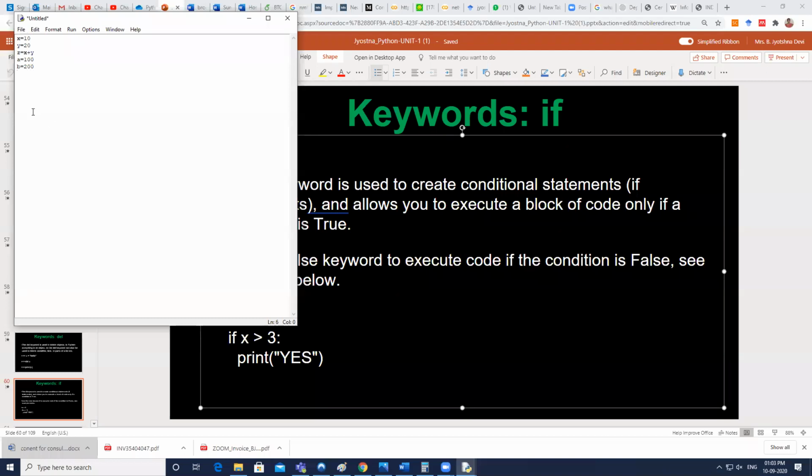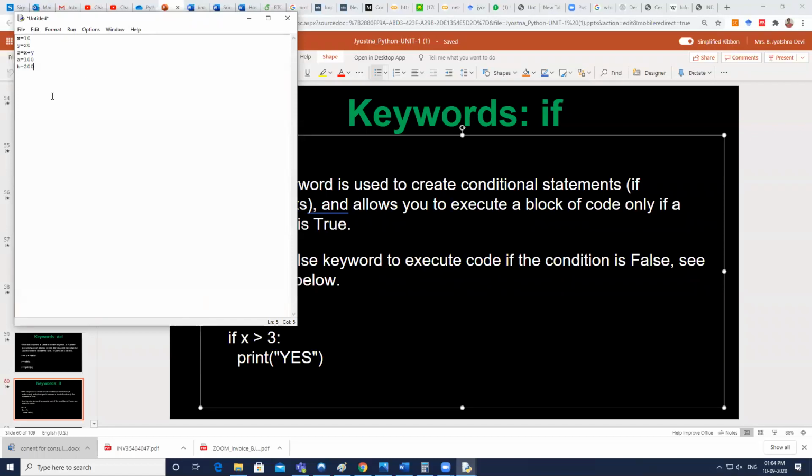So if you have more statements, the first statement, second statement, third statement, only after one statement, the next statement will be executed. Agree or not? That's what we have seen in programming. If you don't have any conditional structures like if else or for or while, then that is how the set of statements will execute.